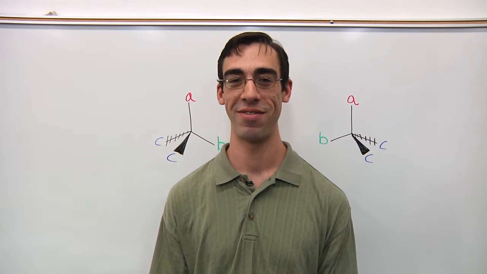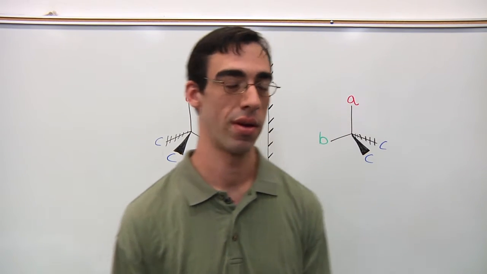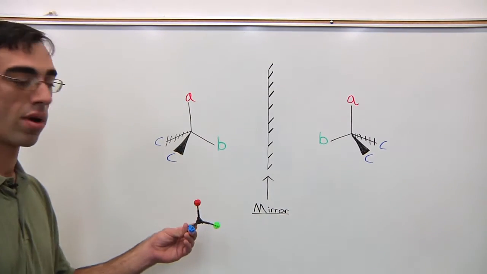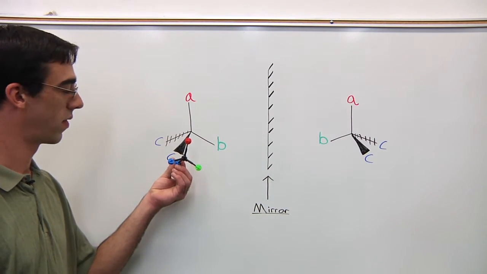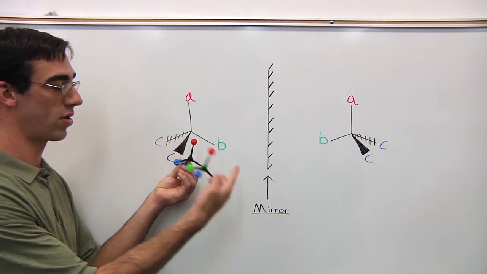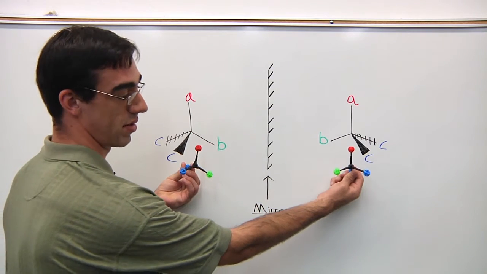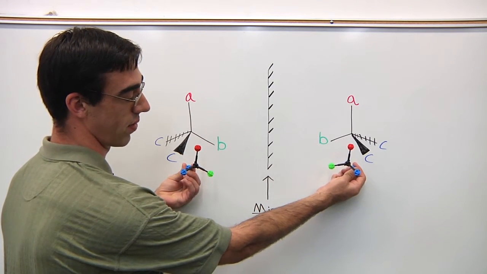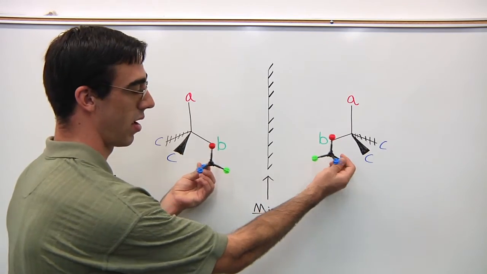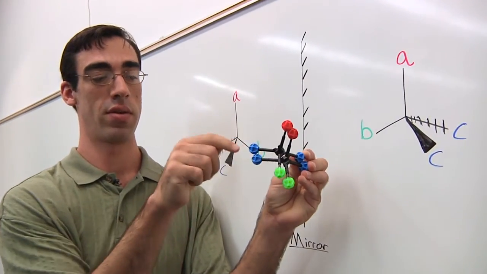Now that you know how to identify chiral centers, let's take a look at their significance when they are looked at in a mirror. If you take a molecule that is not chiral, and as you can see, this molecule is the same as the one drawn on the board, and you look through a mirror at its mirror image, here we have the model of that same molecule. If you take the two molecules and put them together, they are superposable. Every single group matches up.